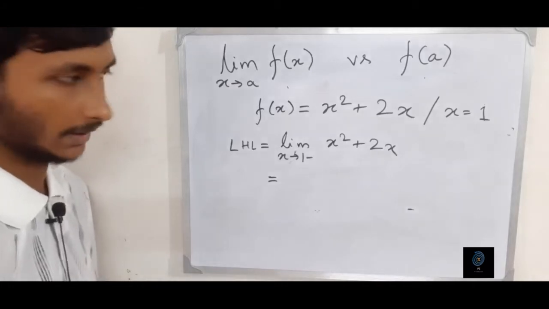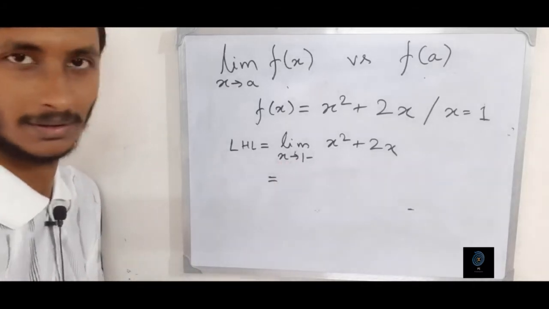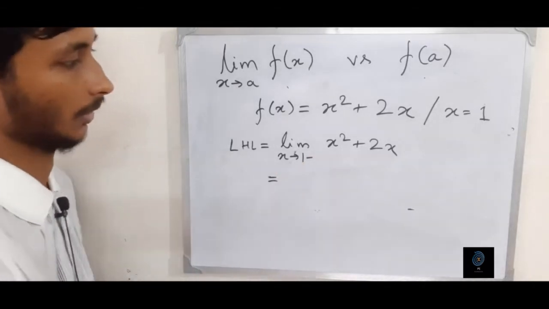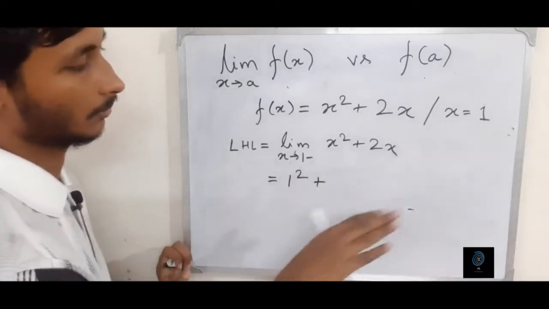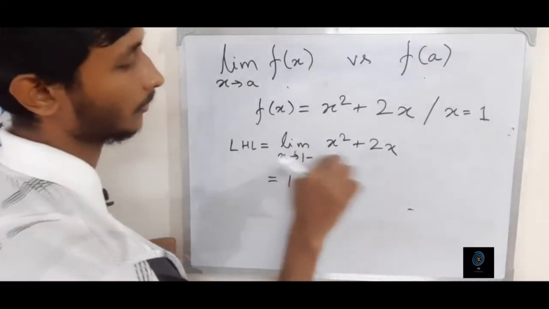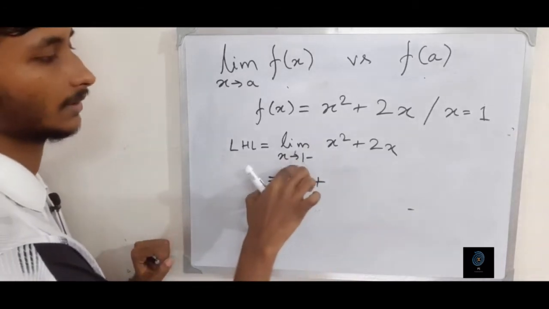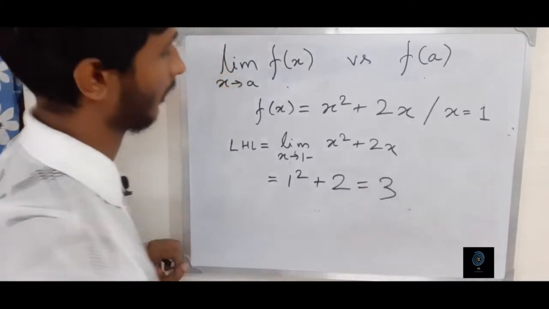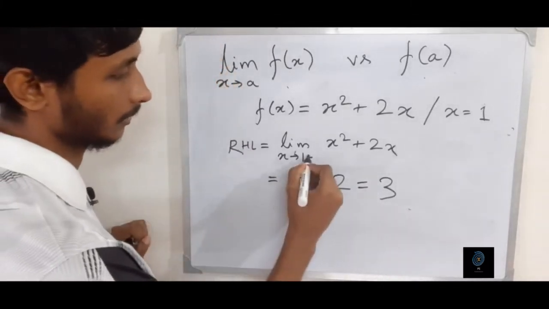You can do it on a calculator, or by now you should be habituated with this, that when x is tending to 1, x square will also become closer and closer to 1 square, and x will move closer and closer to 1, either from the left hand side or from the right hand side. In this case it is from the left hand side, 2x will move close to 2, so here we get 3. If we compute the RHL,